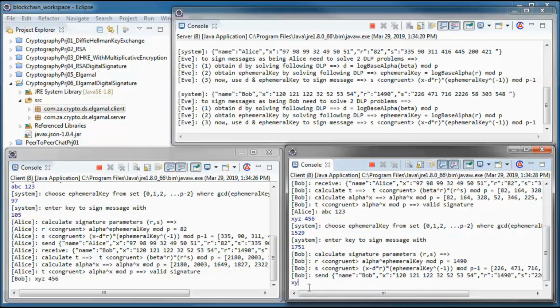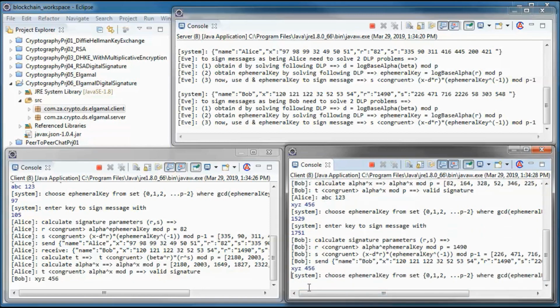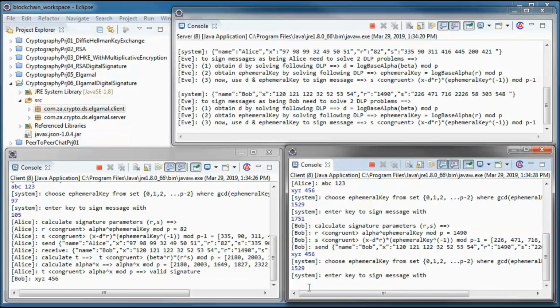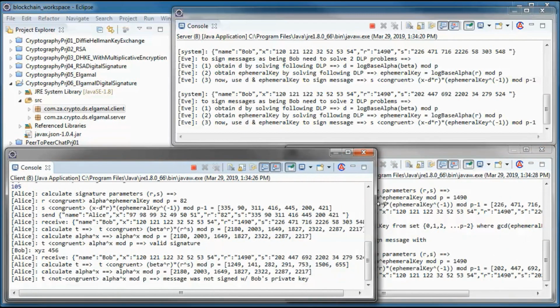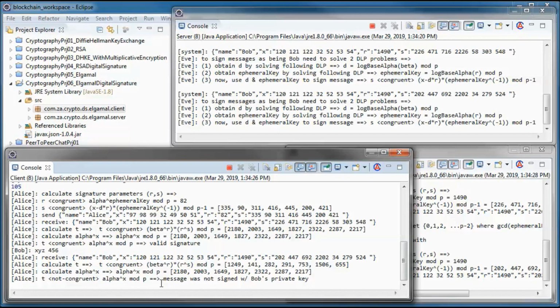And she sends the same message with the same ephemeral key, but with a made up private key. Then Alice would determine that the message was not signed with Bob's private